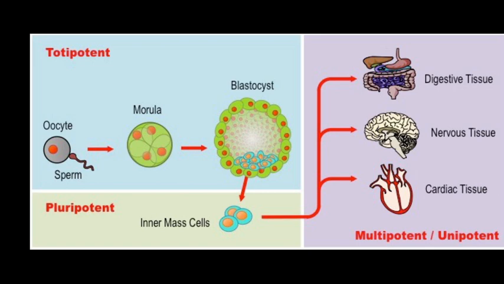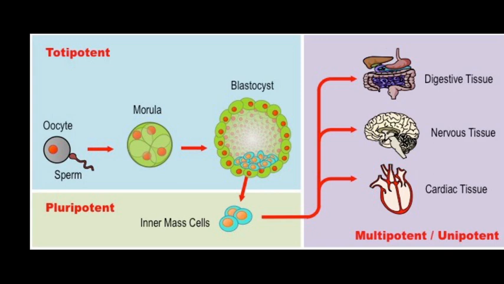Example, hematopoietic stem cell. This stem cell is isolated from the bone marrow, which is able to form all the types of blood related cells. That's why it's called closely related cell types. So multipotency stem cell makes the difference from the pluripotency stem cell. How do you know? The pluripotency stem cell can form any cell types in the body system, whereas multipotency will form only closely related cell types. Example, hematopoietic stem cell.